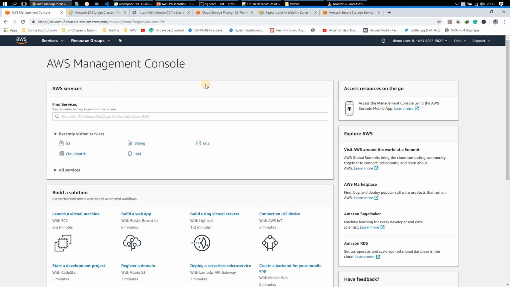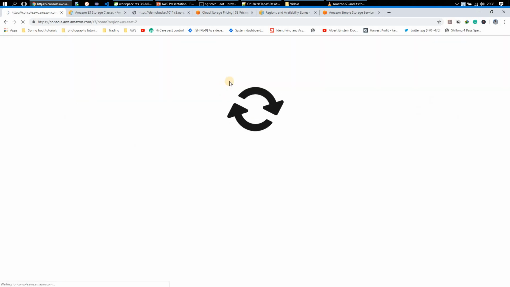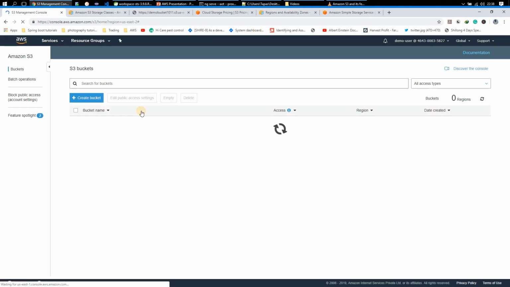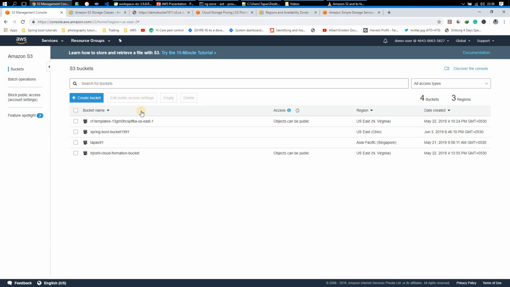Once you are logged into the AWS console, you can search for the service, which is S3. Then it will load the S3 service page. And what is S3? S3 stands for Simple Storage Service. Simple Storage Service is used to store any document in your application, which you are going to access from your application. That means you are going to put some data, you are going to retrieve some data, all those things. So for any application you can have